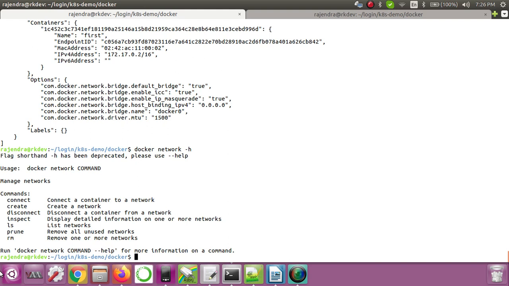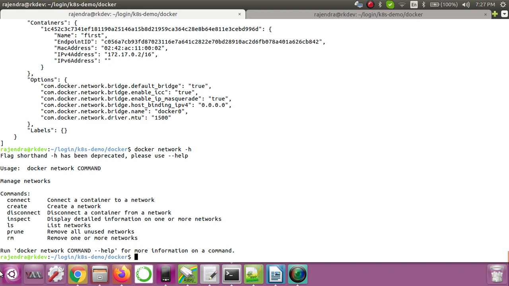Now let's see all these commands as well, like rm command, prune command. What is this rm command? If you want to remove any network, in that case you can use the rm command. If you want to remove unused networks, what is the meaning of unused? If there is no running container on that particular network, that means that network is unused.